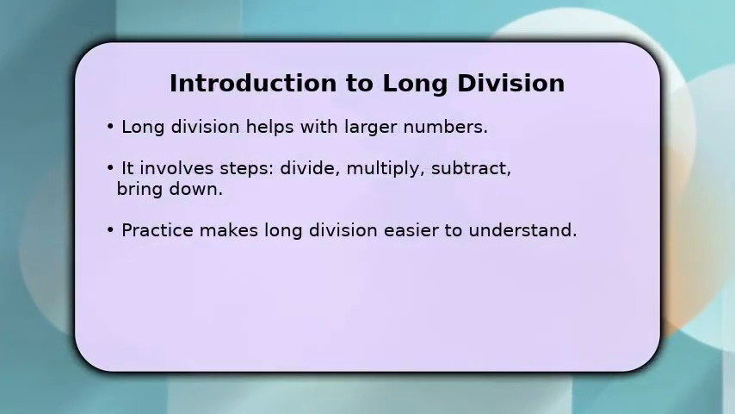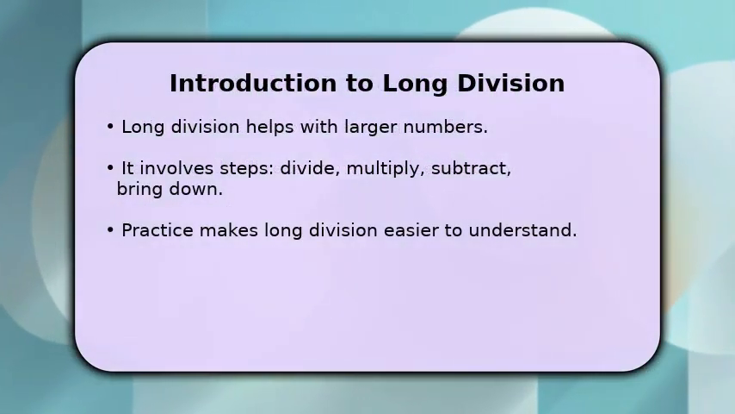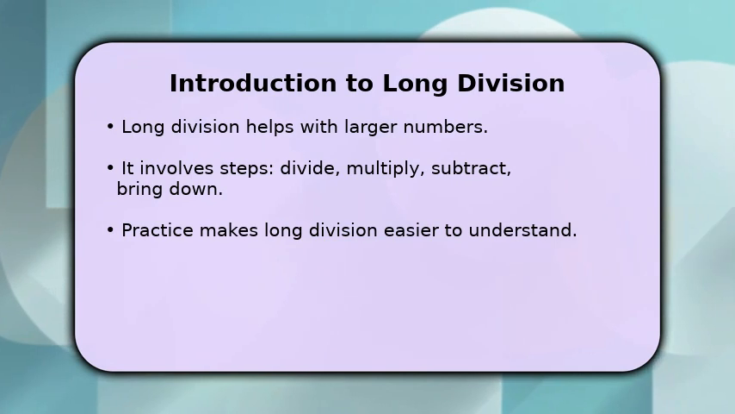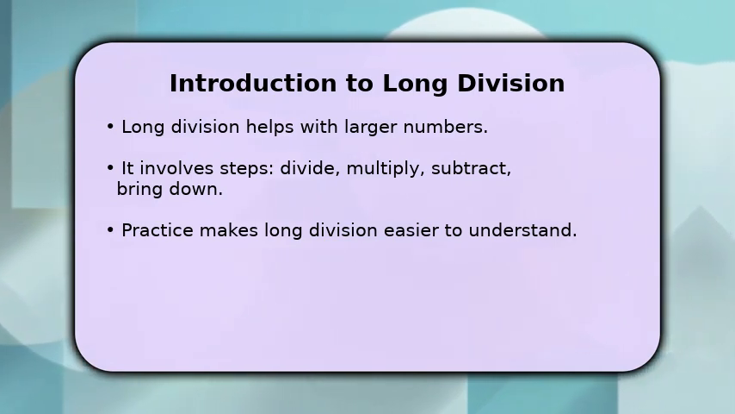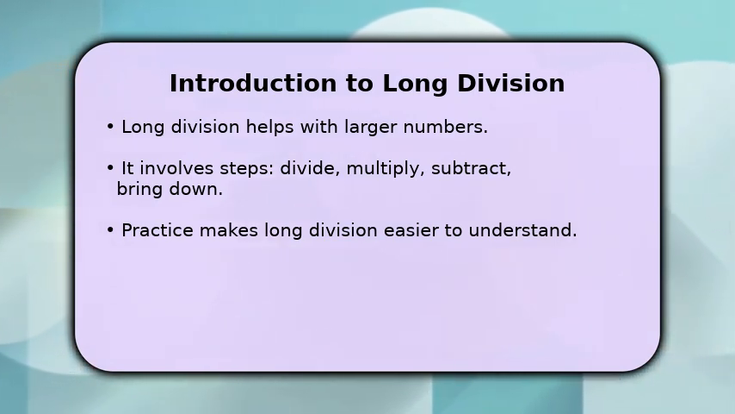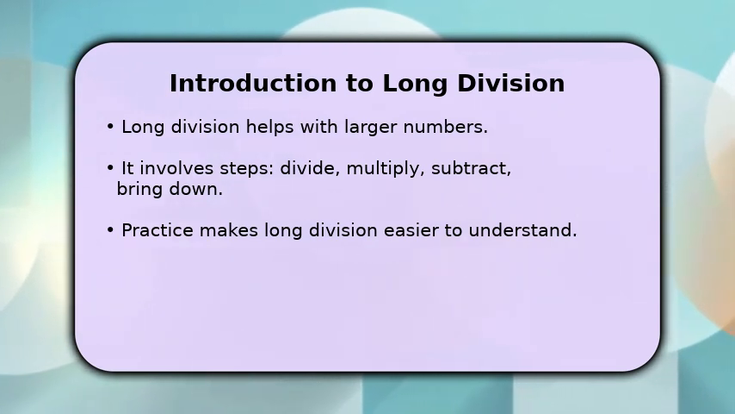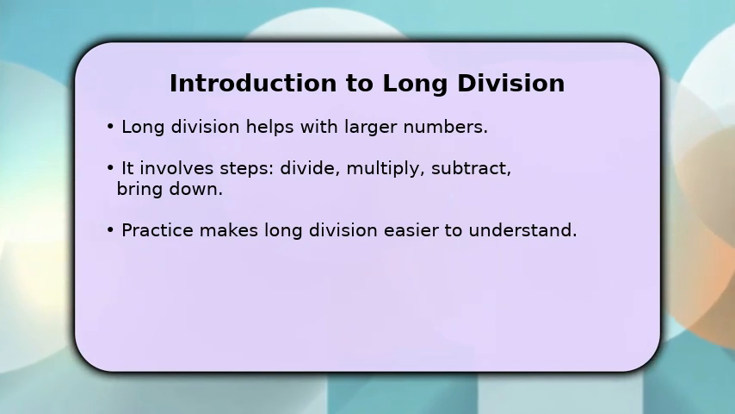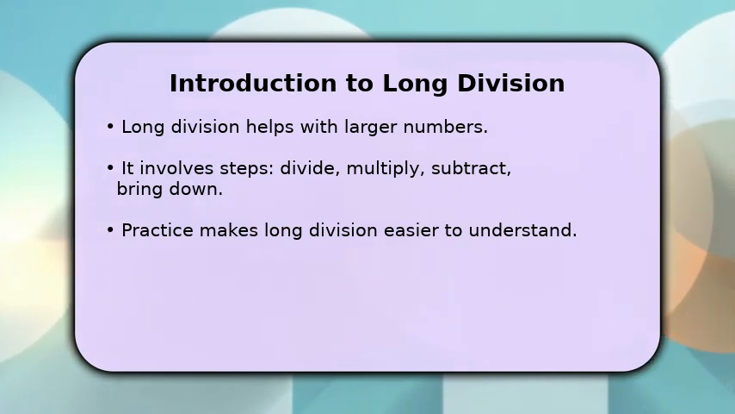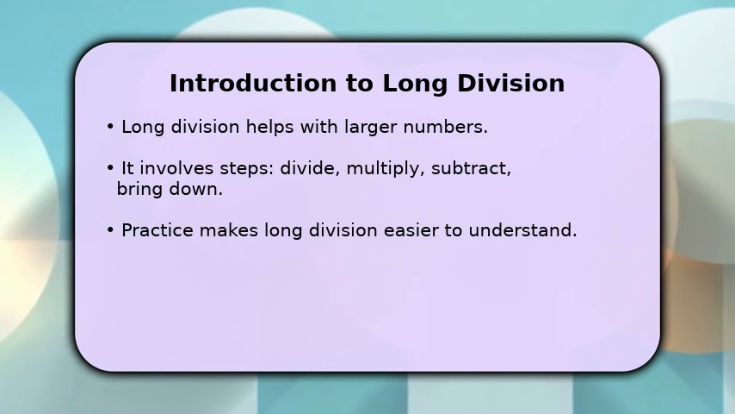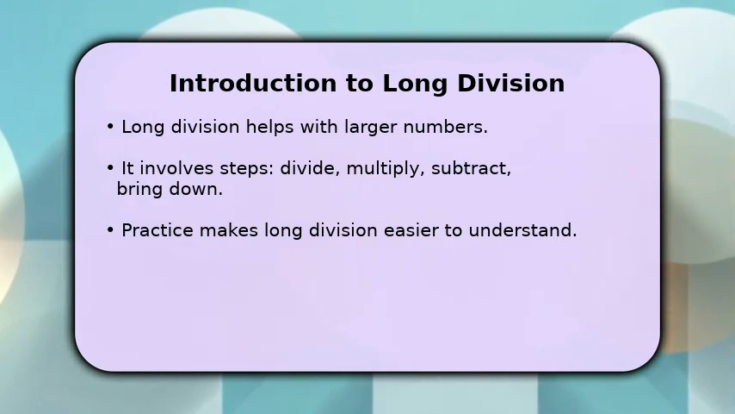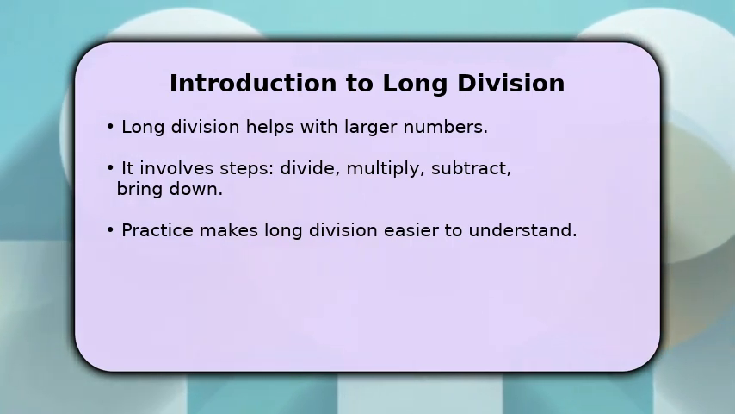When dealing with larger numbers, we often use a method called long division. This systematic approach breaks down complex division problems into a series of simpler steps. You start by dividing, then multiply, subtract, and finally bring down the next digit. Repeating these 4 steps helps you find the quotient and any remainder for even very large numbers. Practice is key to